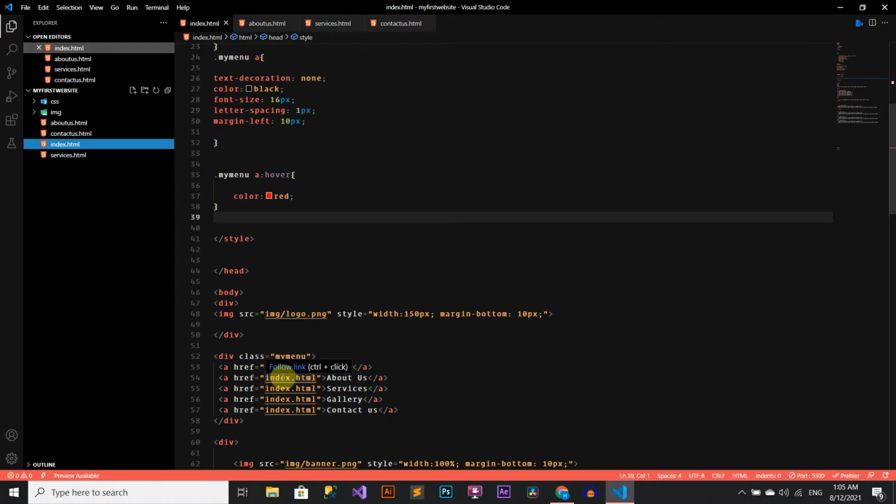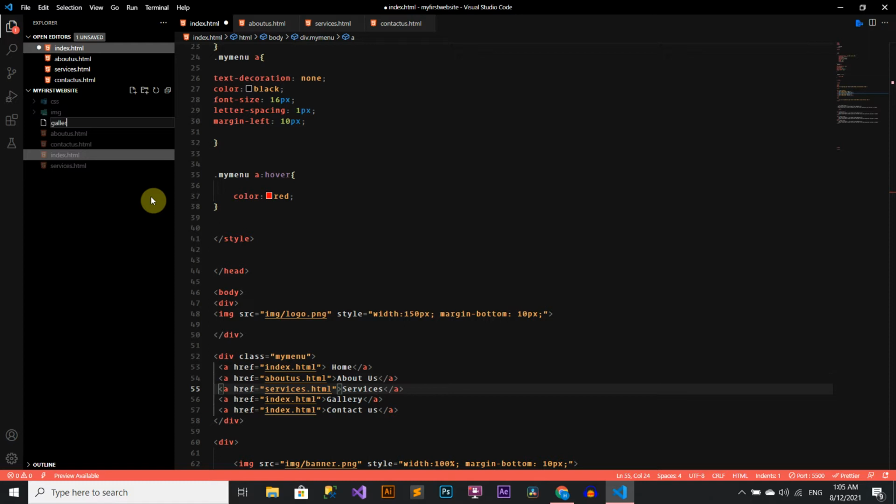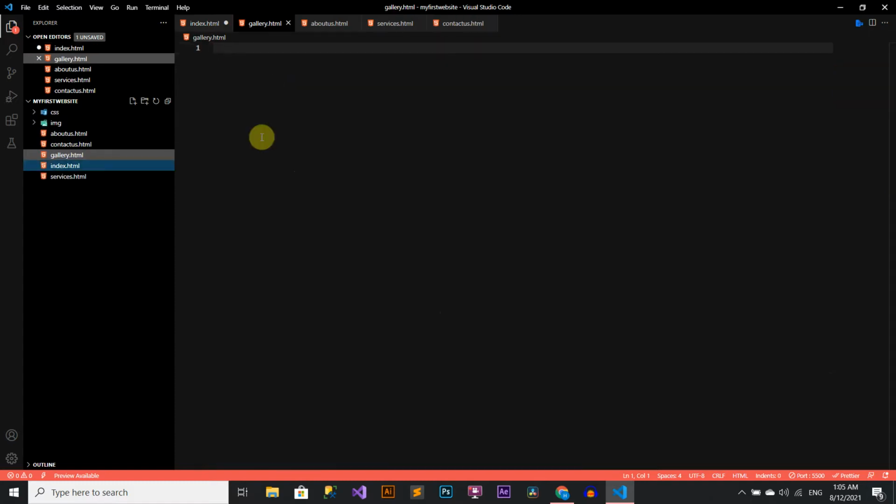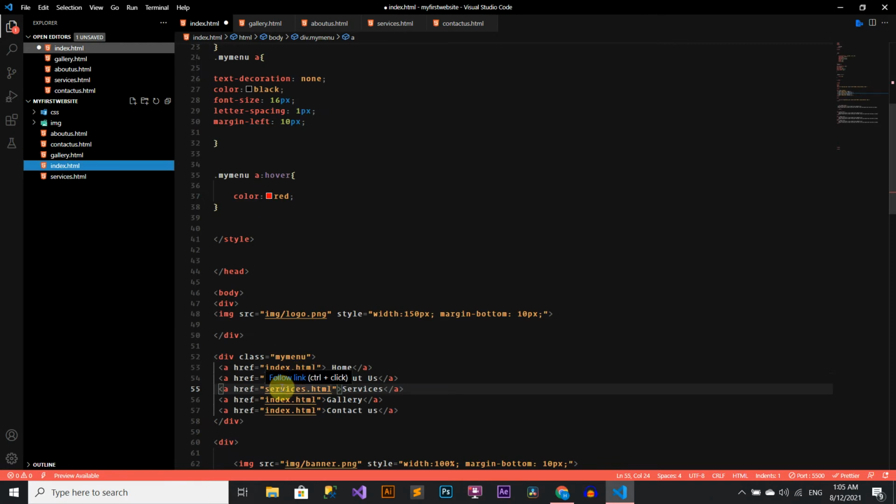So we will write these names in href. These are on the same location, so no need for any folder name. Just write the file name .html.